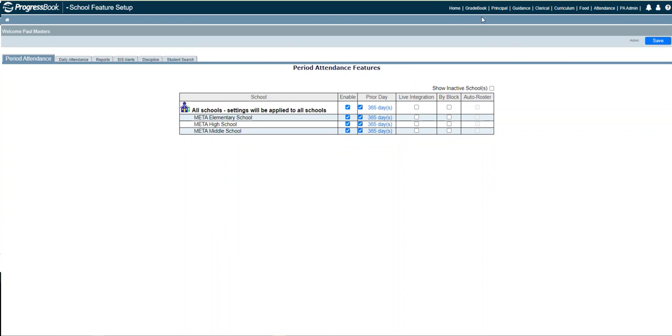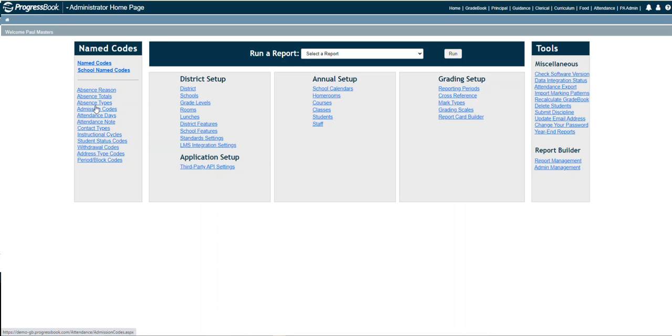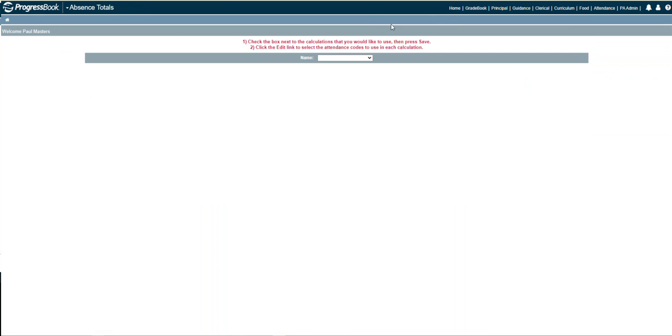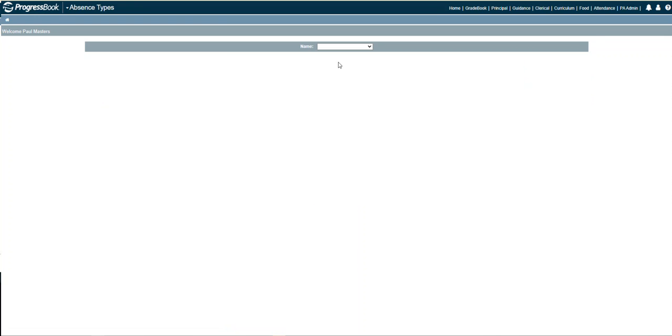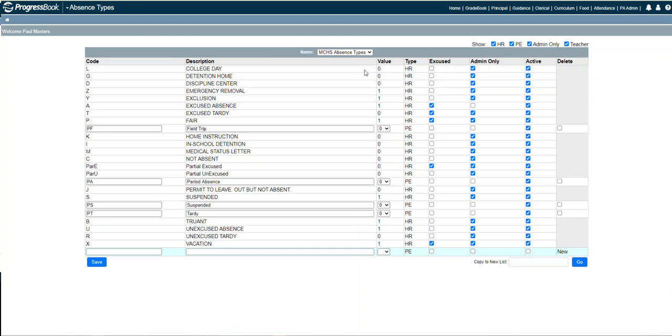So along with this feature, you'll go back to home, and you then need to look at your absent types, which is found under the name codes. Go back to home. Absent types is where you want to go to. You then from the drop down select the specific building based on the types. So under the